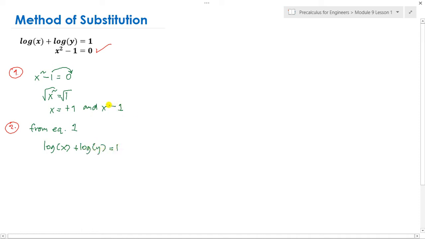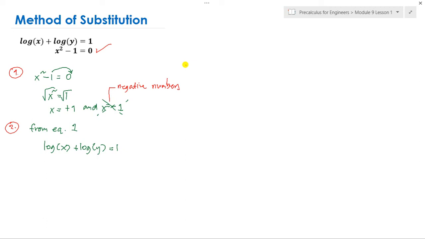Actually, we cannot use this one. This is null. Why is the negative solution null? Because we don't have negative numbers in the logarithm. The logarithm of a negative number can either be imaginary or even worse. So at this moment we're going to neglect x is equals to negative 1